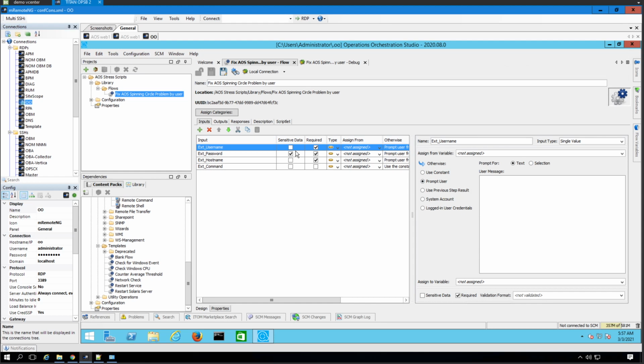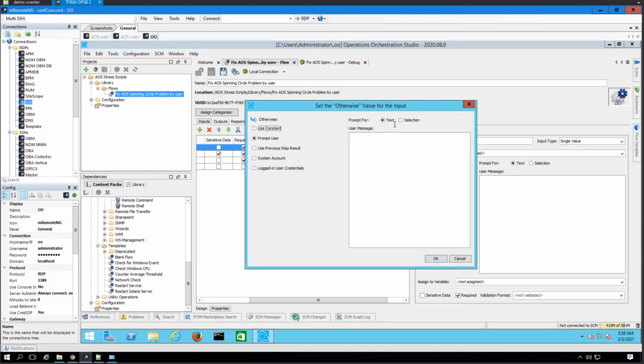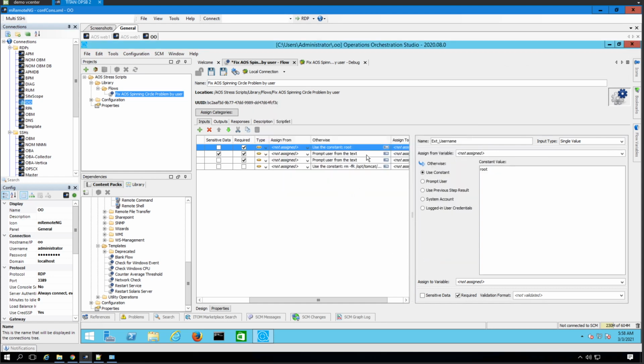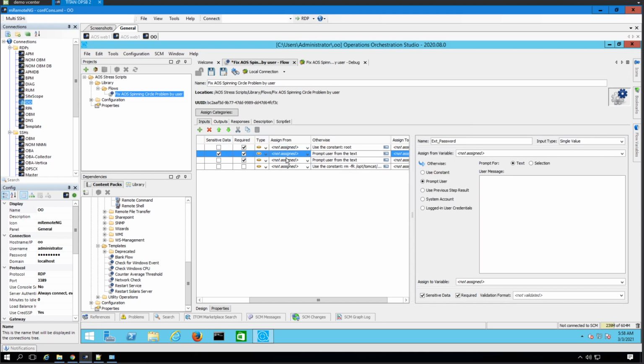we also are going to specify that it has a default. Okay, so prompt user system, otherwise prompt user use constant root. Okay, all right. Otherwise, so if it's not assigned, then it's going to be prompting user, right? So this one has content constant,